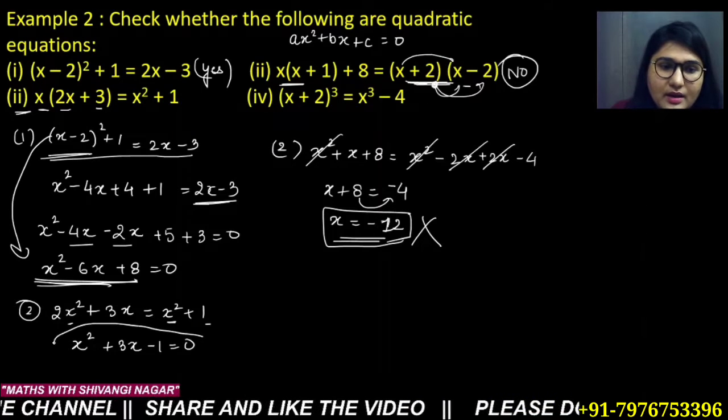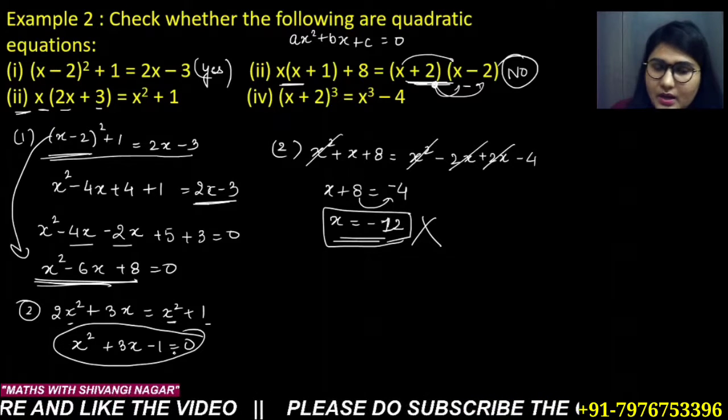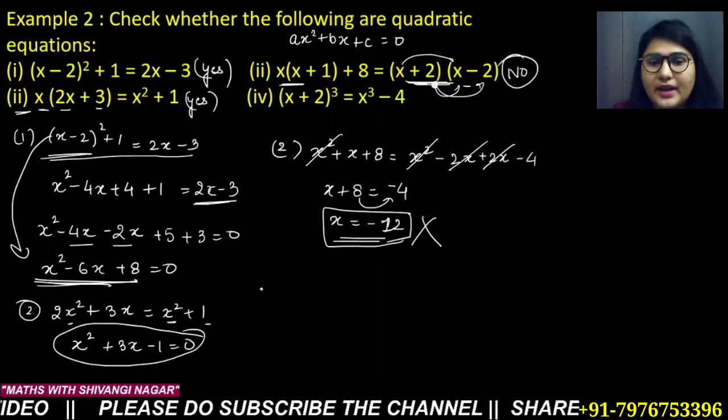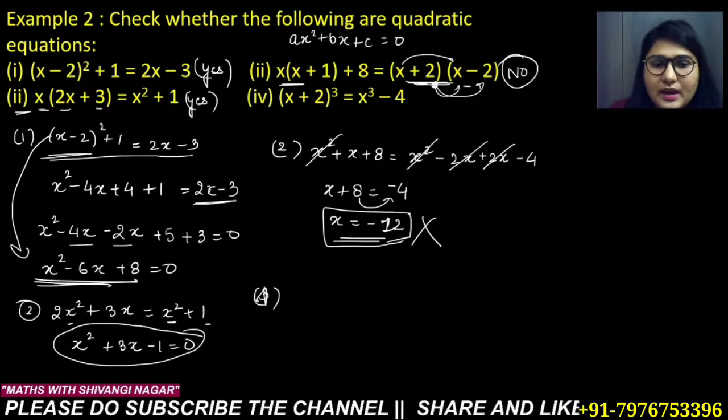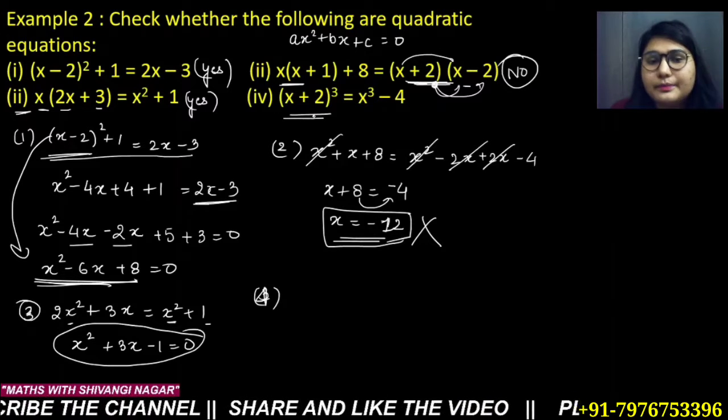So if you see here, the highest power of the variable is 2. We have the equal to sign also here. So yes, the third part is also a quadratic equation. Now coming on the fourth part, what we have,